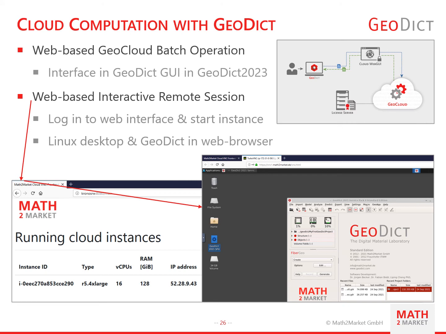As a new option, we offer the web-based interactive remote session. One just logs in to the web interface, starts and runs a virtual machine instance. Afterwards, one can connect to the virtual machine to open an interactive session in a new tab in the web browser. Now one can run Geodict and use it as you would locally, generate structures, perform analysis and simulation, create images and videos.